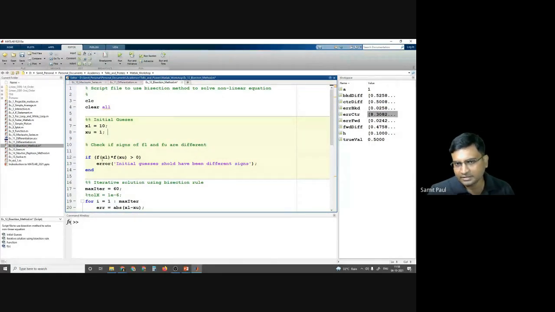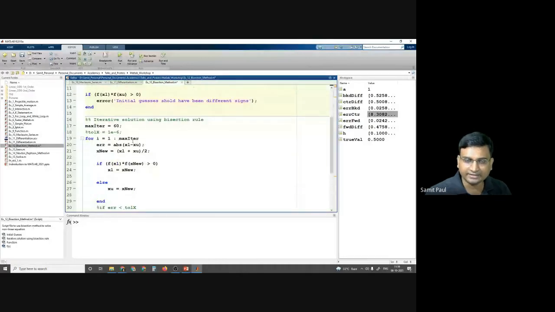And then we are taking the product of the functions. If this is greater than 0, that means it doesn't contain any root. So it will show an error message that tells us the initial guesses should have different signs. So the program will stop and we need to run it with a different set of initial guesses.